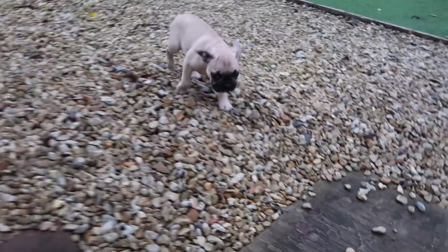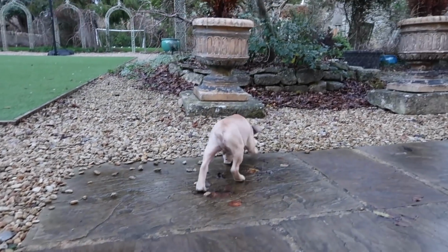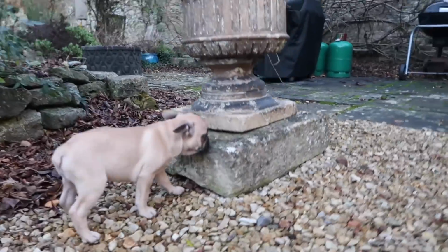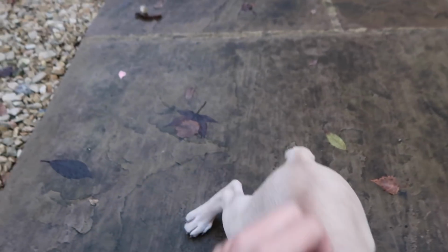The first thing that I would recommend is buying some puppy training pads. The second thing I would recommend about those is to buy the ones with sticky padded bottoms. I thought I'd save a bit of money and buy them from Amazon, and they didn't have the sticky pad bottom bit, so when you put them in the cage you just have to rest them, and Buster would pull them around, rip them up, and then every single day I was literally picking up wee, poo and shredded